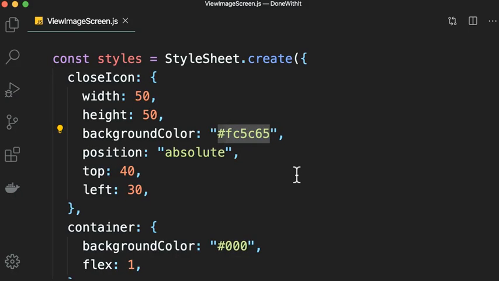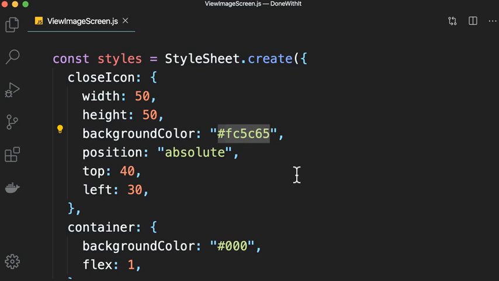All right, one problem I see in our current implementation is the duplication of these color codes. We have repeated this in a few places. So what we can do now is to extract these color codes, put them in a separate file like colors.js, and with this we have all the colors that our application uses in a single place. So if tomorrow we decide to rebrand this app and use different colors, there's a single file we have to